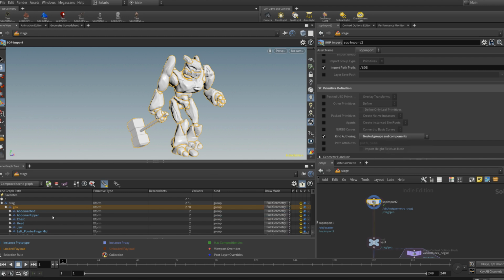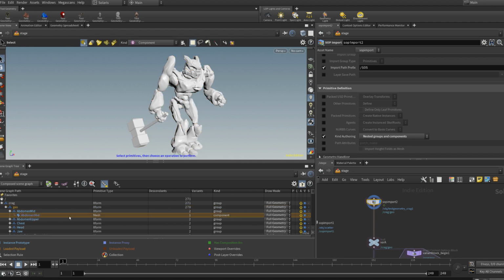What it's doing is anytime it finds a Xform, it's going to apply a group. And when it finds a geometry, it's going to turn that into a component, which might be what we are looking for in this case. Otherwise, you have nested assembly, groups, and component. In that case, it would add another level of hierarchy, which is the assembly. So now we have this geo, we have group and component. In that case, I'm happy to leave that as nested groups and component.